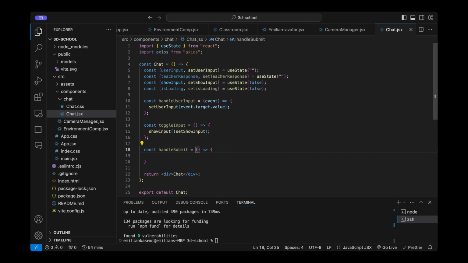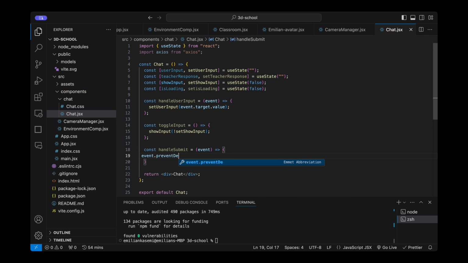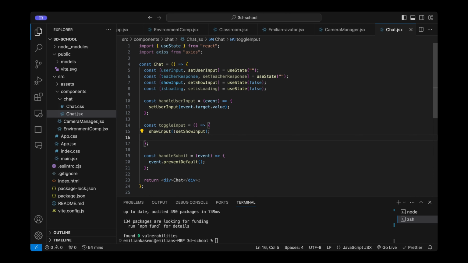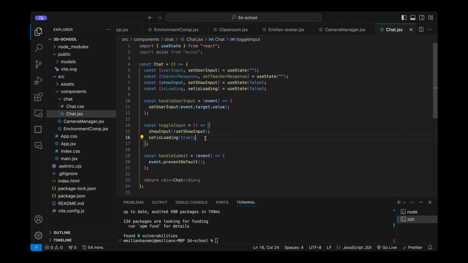Here I also will pass the event, and the first thing, I will prevent the default behavior of this submission form, because when you submit a form, it has a default behavior like refreshing, etc. So for that we use event.preventDefault, just to prevent the default behavior of the form submission. Then I will set the loading to true,